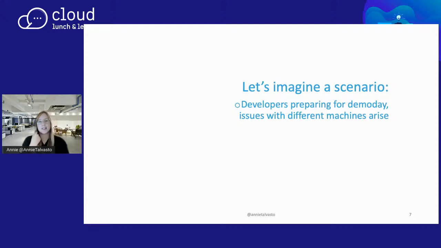So let's look into containers and Kubernetes first. Imagine a scenario where, back in the day, or even nowadays if they're not using container technology, developers, even in the same location, are preparing for a demo day. They want to showcase their application; everyone has spent a lot of time building a new app. They want to show it to the world, to all the other people at the demo day. Everyone has developed the application on their own machines, and then they need to put it on the demo day machine. So this presents quite a lot of issues